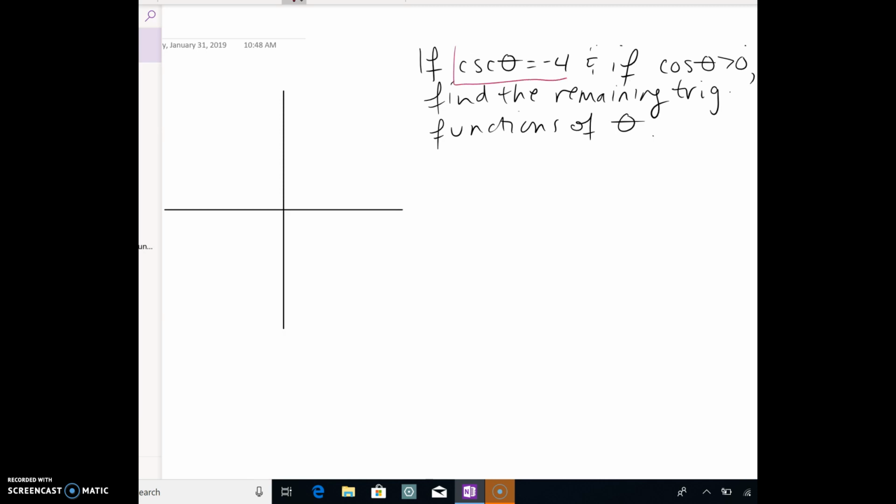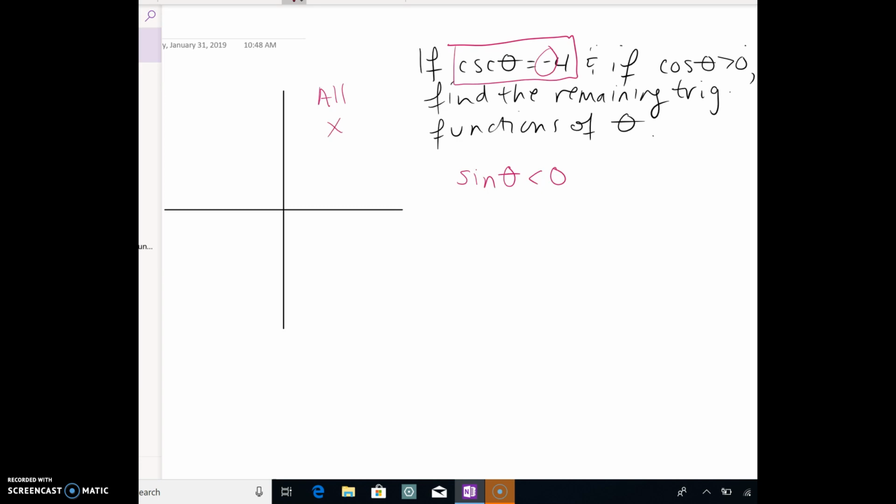We know that cosecant of theta is -4, which means it's negative. So what does it mean if cosecant's negative? Now remember, cosecant's the reciprocal of sine. So if cosecant's negative, that means that sine is going to be negative as well. And we say something's negative if it's less than 0. So which quadrants could we possibly be in if we know that sine is negative? Well, in the first quadrant, all of the trig functions are positive,